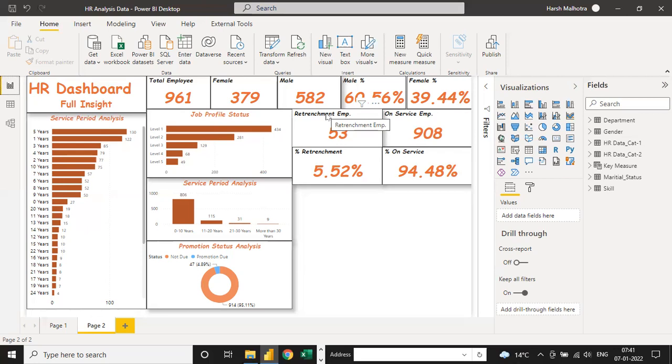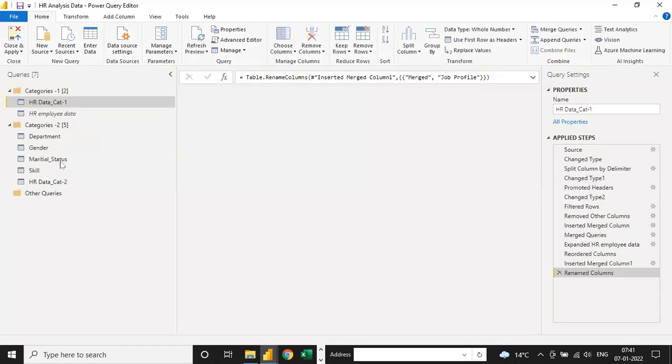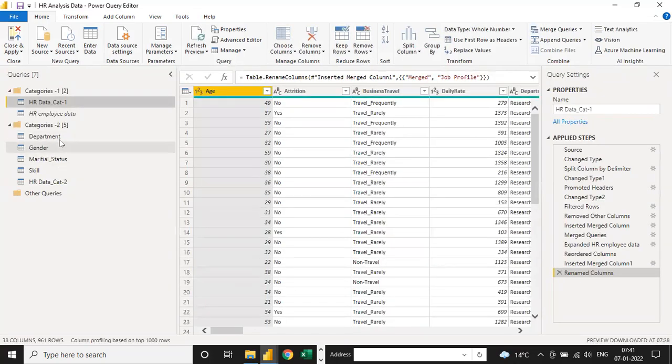There is no particular reason why we use a merge query here. It's just a task given in Power BI, so my task is to cover that also in our query. That's why I am covering merge query, because relationship was already covered the day before yesterday in class. So I also covered merge query.